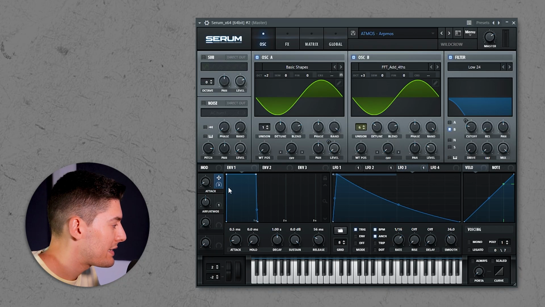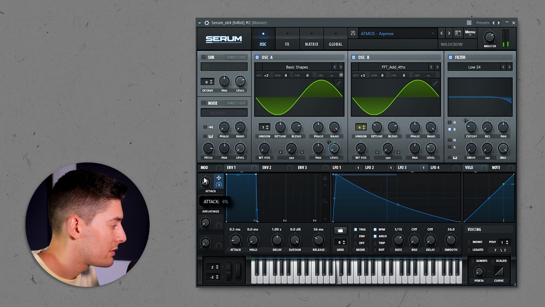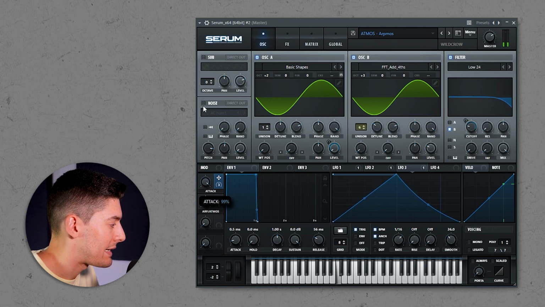But that's not all, because I decided to send this macro here. As you can see, there's a bar, and if I control it, I change the tag. So I can create an automation in the macro, and during the song I make it evolve. So all these things can make your leads more interesting,